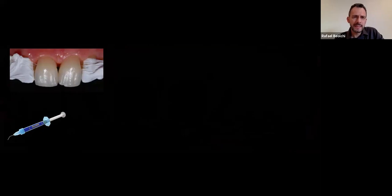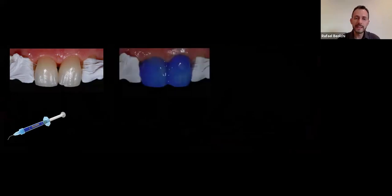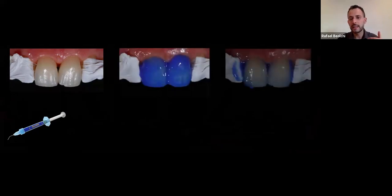After some people asked me what I'm using here, this white stuff you guys are seeing, this is Teflon tape, a regular tubing Teflon tape. I love using Teflon tape to isolate the neighboring tooth. So what I did is that I did the etching and I did the washing, and the washing